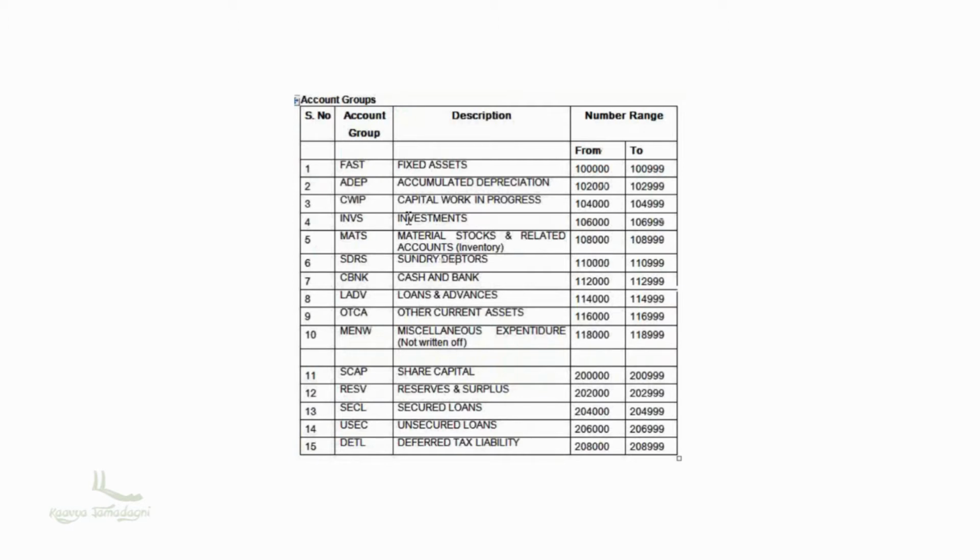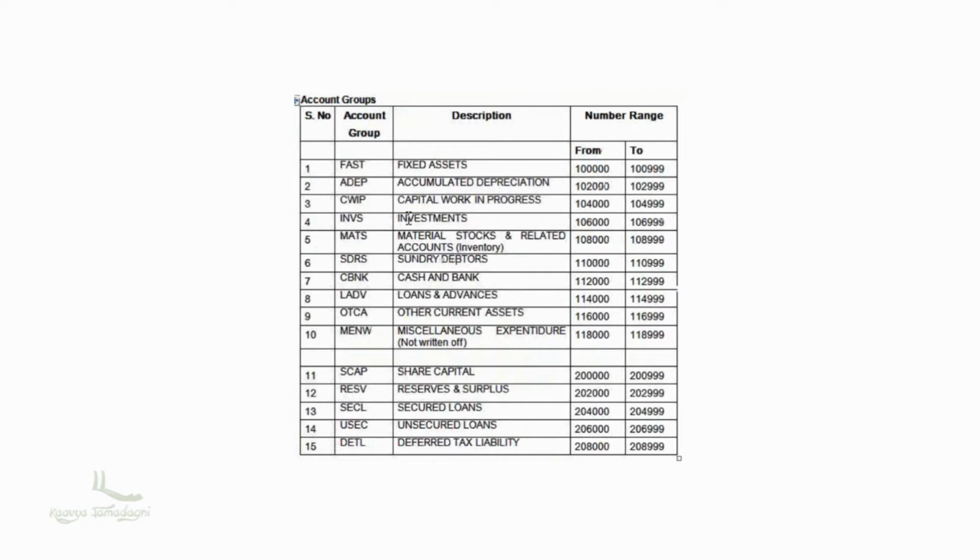Accordingly, you have many account groups, INVS, MATS, SDRS, each with a description and number range. Please observe the table on your screen and see the account groups, their descriptions, and the from and to number ranges.